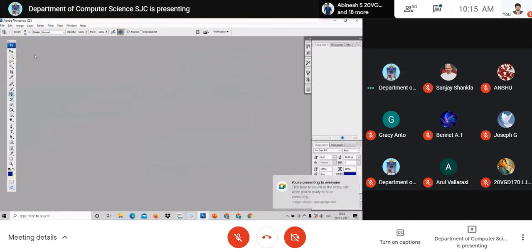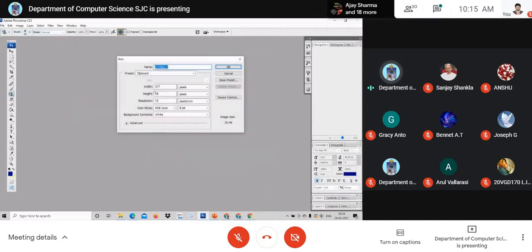Today, the first demonstration is on badge design. Am I audible to you? Is my voice clear? Yes, sir. Now, have you watched badges during programs? Badges for the programs, they wear on the chest. Badges, round shape, bigger ones with colorful two or three circles. Have you all seen them?